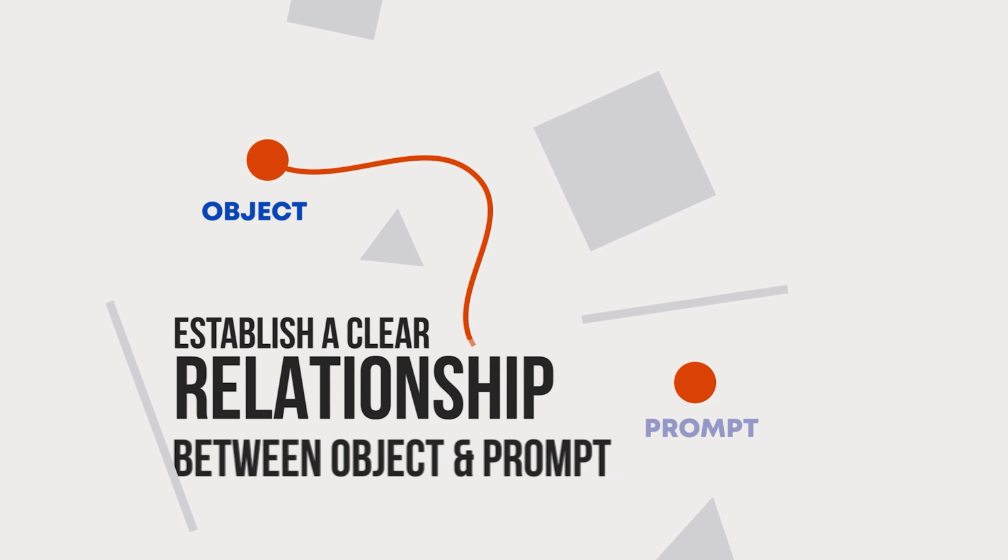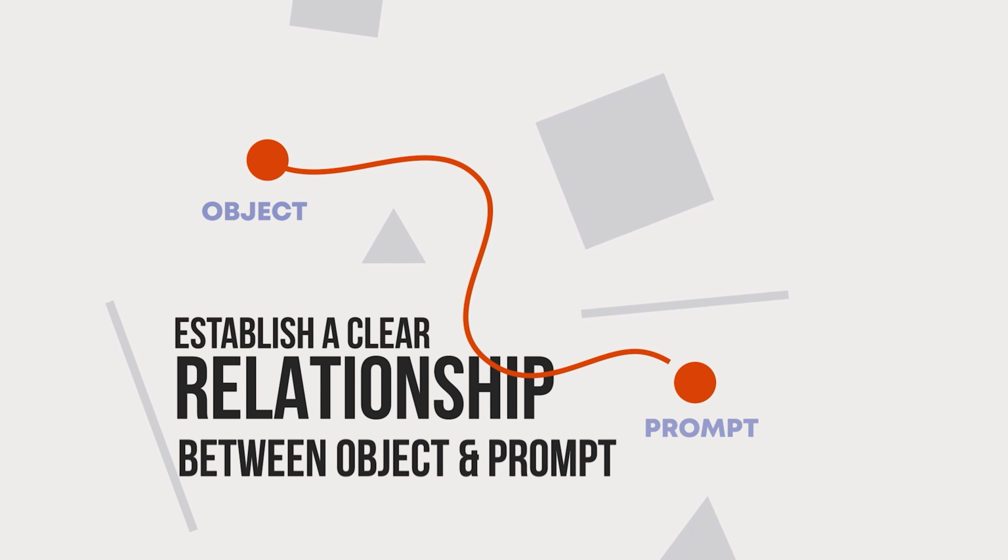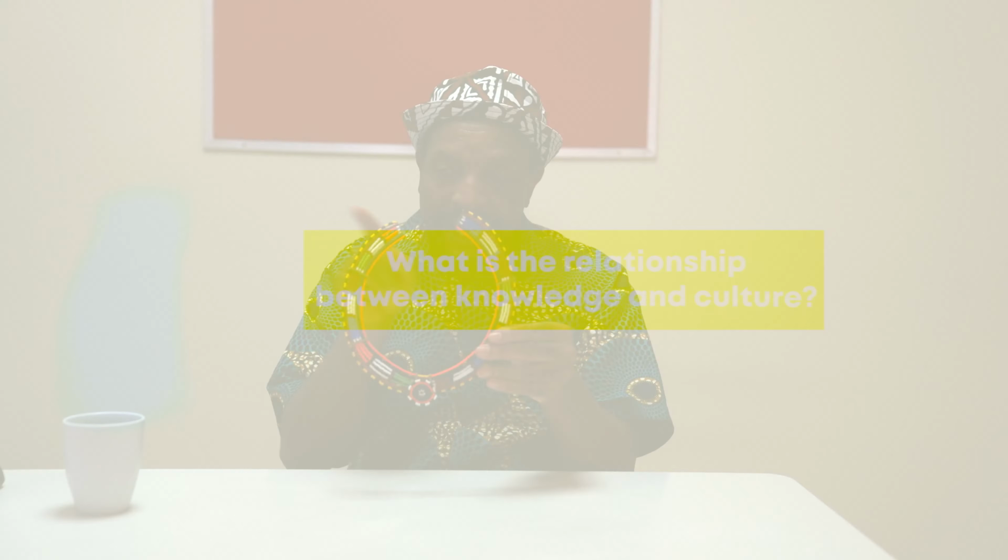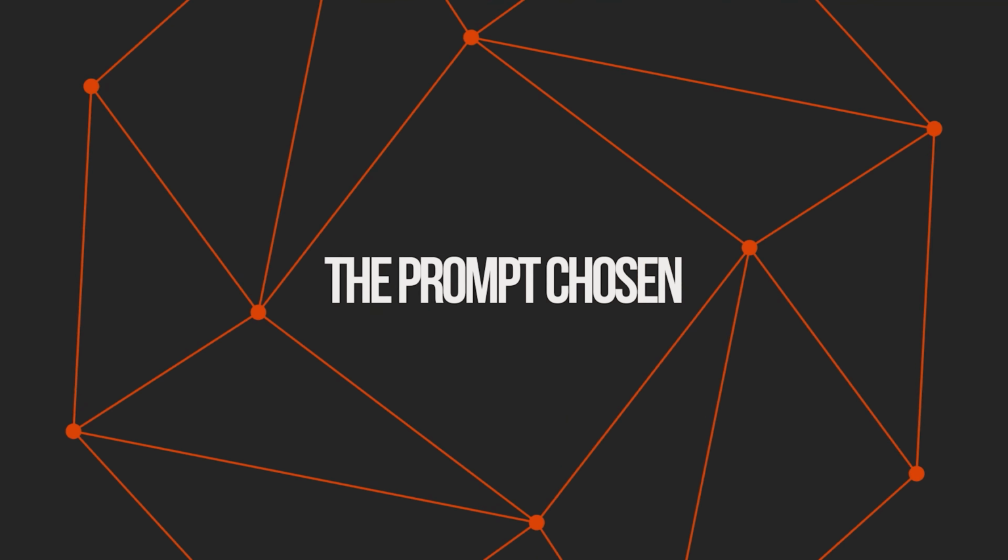The next part that a student should note is that there should be a clear relationship established between the object and the prompt. With this Maasai necklace as my object, I can see there's a clear relationship between this object and prompt 21, which states: what is the relationship between knowledge and culture? You must ensure that there is a very clear connection between the object you have chosen and the prompt that you have selected from the 35